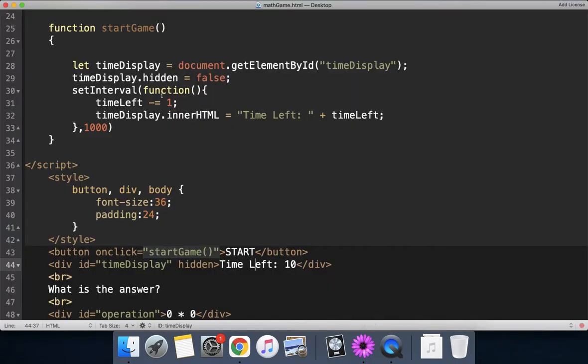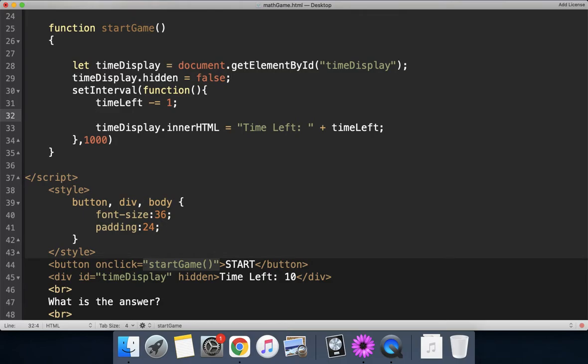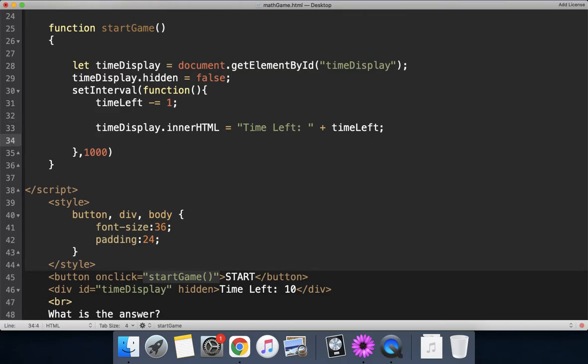So let's do an if statement inside here. We'll say right after we've subtracted 1, or maybe after we've displayed it, right after that, if time left equals 0, two equal signs, then we can just easily set it back to, oh, no. Let's just say if it's ever less than that, if time left is,